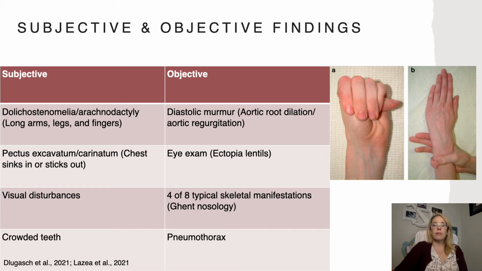On assessment, the provider might hear a high-pitched murmur on the sternal border, optical lens displacement known as ectopia lentis, which is a hallmark sign, and possible cataracts, glaucoma, and retinal detachment. Cardiac is the primary concern in this patient population. Mitral valve prolapse is seen in 40 to 77%. Tricuspid valve prolapse and the pulmonary artery dilation are reported in about 54 to 69%. Cardiomyopathy with an increase in left ventricular size, heart failure due to volume overload from the mitral regurgitation, arrhythmias, and